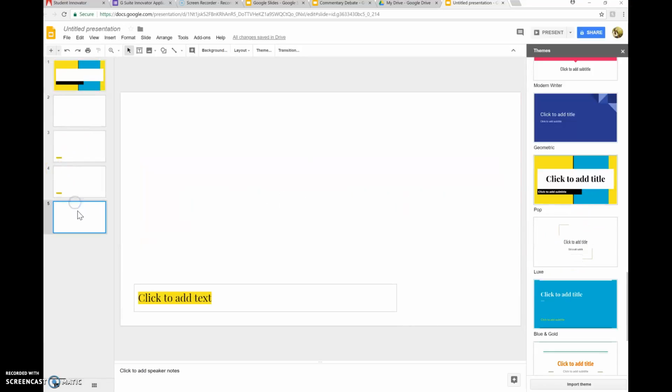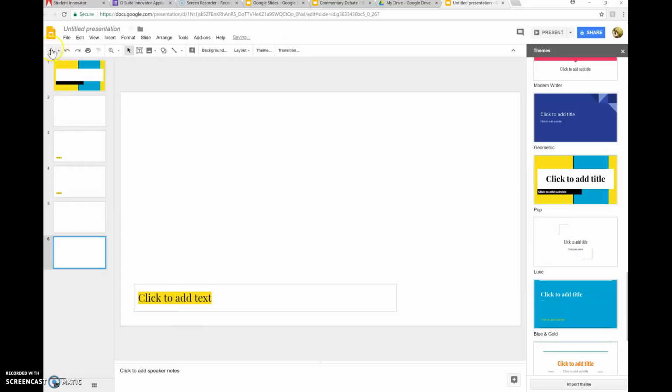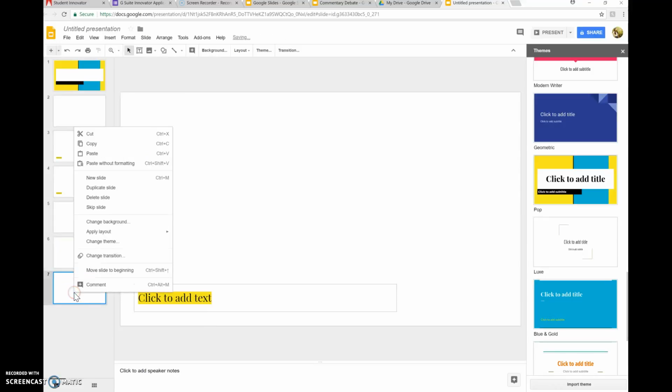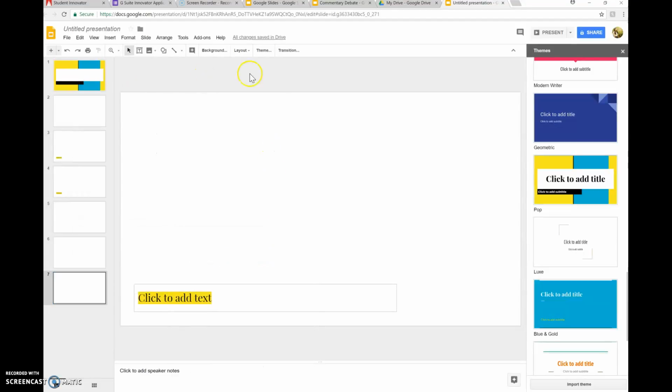So if you want to make a new slide, you can just add the slide using the plus button in the left hand side, or you can even duplicate old slides if necessary by right clicking on your mouse and clicking duplicate slide. If you want to change the layout, you would also right click and then go to apply layout. Here you have a selection of different options based on what your presentation needs are,